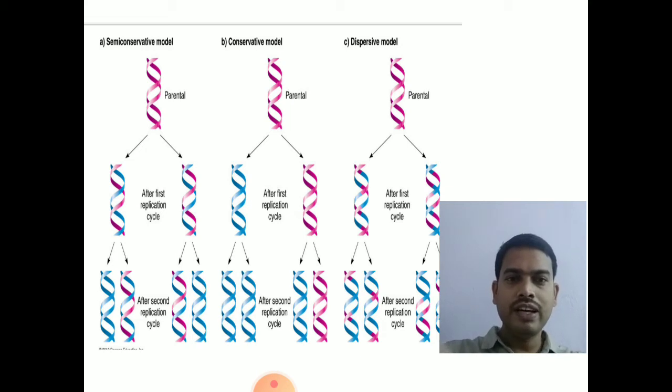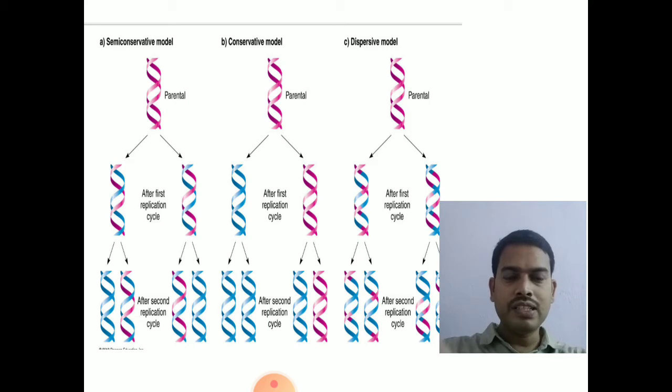As shown in the figure on the left side, in semi-conservative replication, both parent strands act as templates for the synthesis of daughter strands. After the first round of replication, one strand will be parental and one strand will be newly synthesized. Whereas in conservative mode of replication,